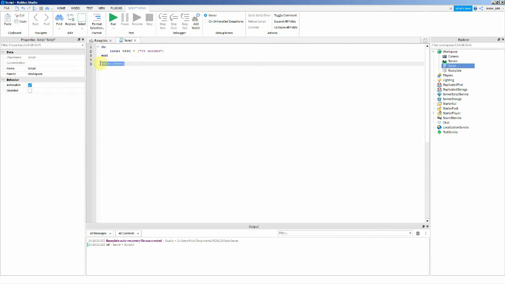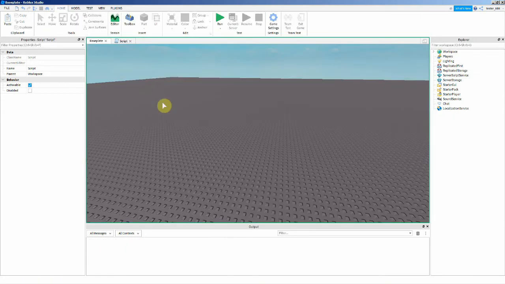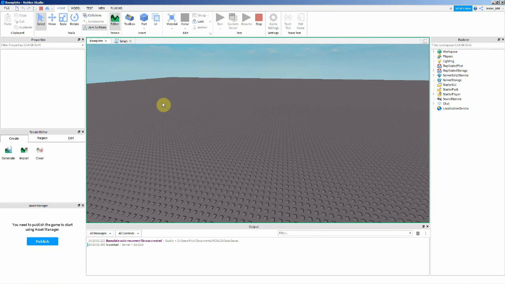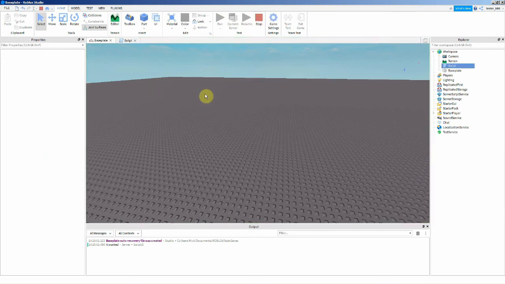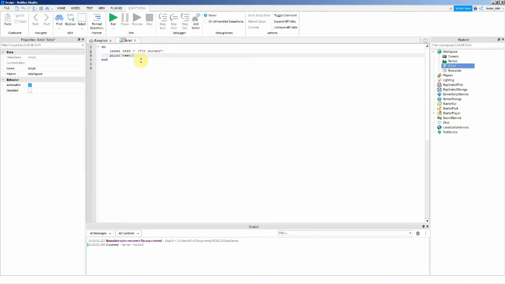But if we cut this by pressing Ctrl X and then putting it under here by Ctrl V, then what will happen is it will be able to run, because this is inside the containers. The print test is inside the containers, so it will be able to find what test means. Okay, good. Now what happens if you really want to set your